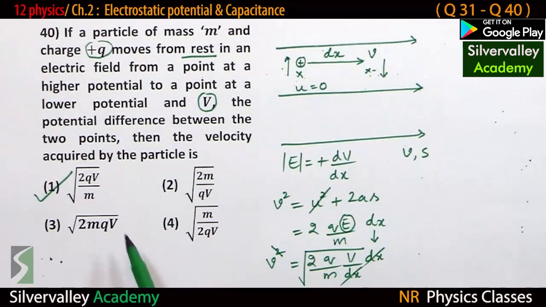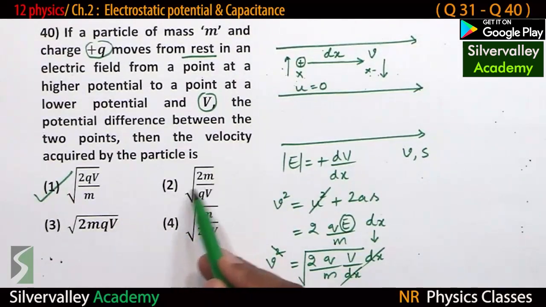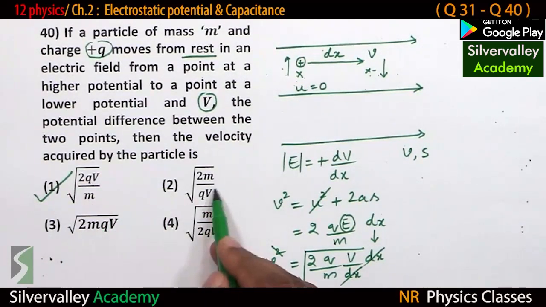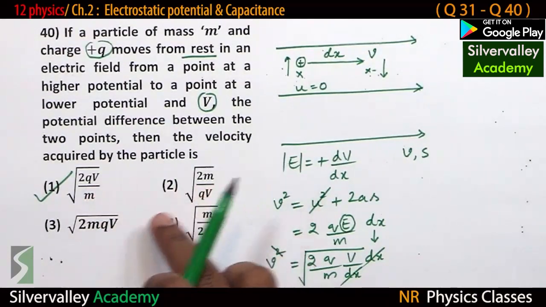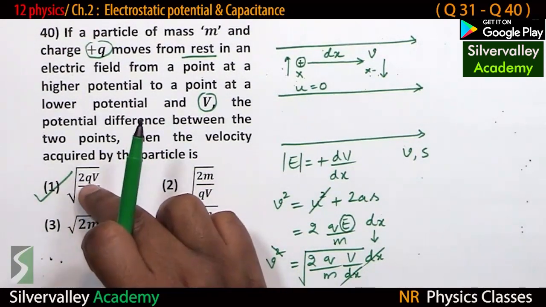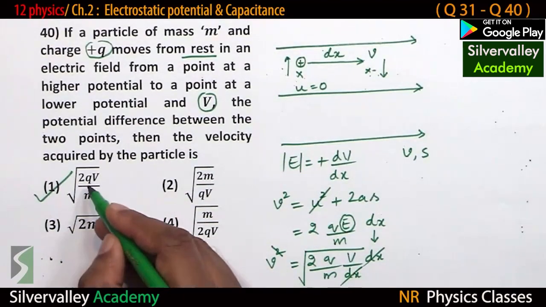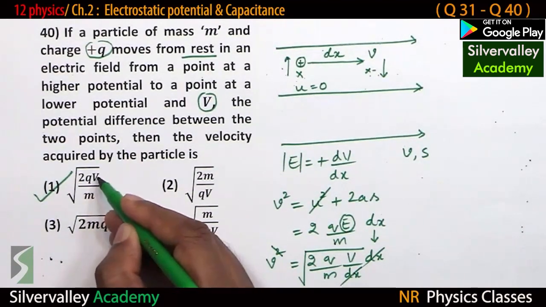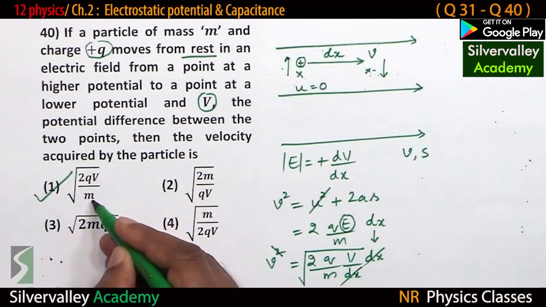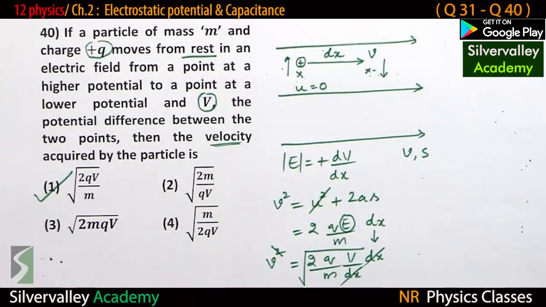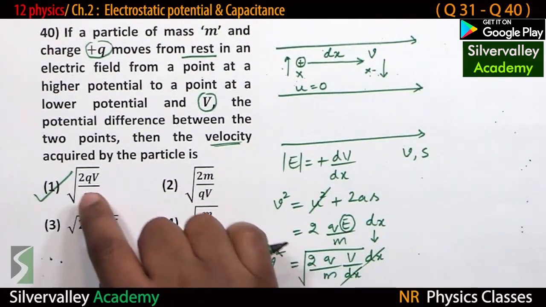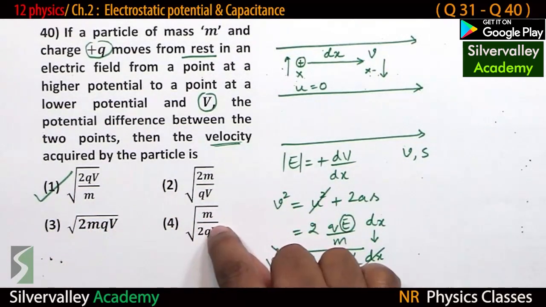Students, observe. These are weird equations, isn't it? Weird in the sense that they are totally different equations. If you find equations like this in the options, then you can also use dimensional analysis. So q is charge, coulomb; v is joule per coulomb; m is mass. By simplifying this also, you will get velocity. You can use the dimensional method only when equations are totally different. Okay.